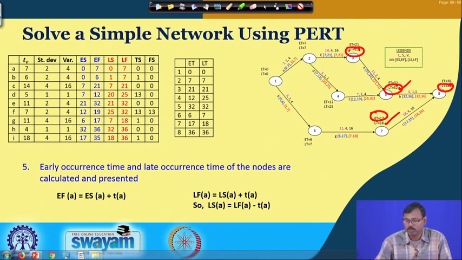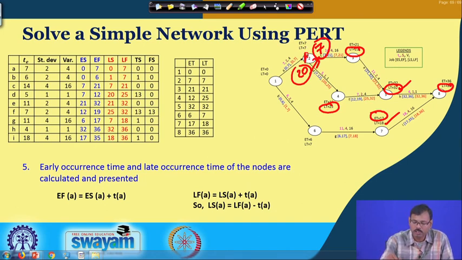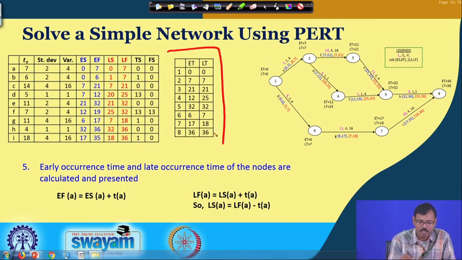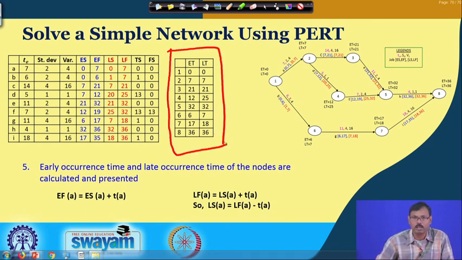In this case 32 minus 7 gives us 25 as the late occurrence time, and 25 minus 5 gives us the latest occurrence time here at 20, but 21 minus 14 gives us the latest occurrence time at 7. The minimum of these two has to be considered here, and that is why the late occurrence time is 7 here. In this way we have computed the early occurrence time and late occurrence time of each and every node,